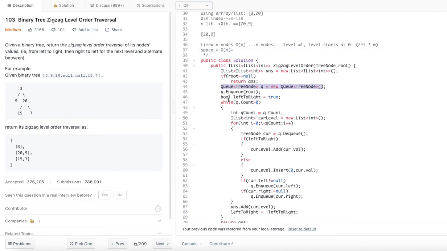How many elements we have in the queue at a given time depends on the particular level.